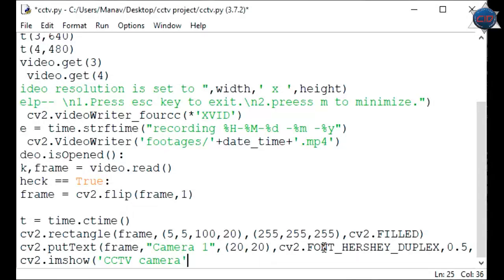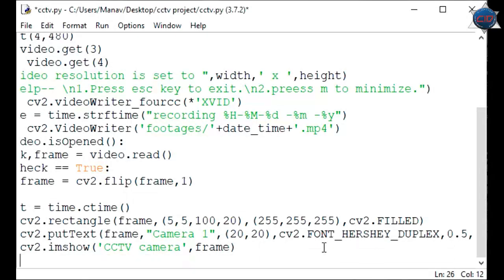That's it, and the frame will be shown. And now time to write that, so I'll call the output, which we have created in the fourcc video format, and I'll call the write method of that and pass frame here to make the video.